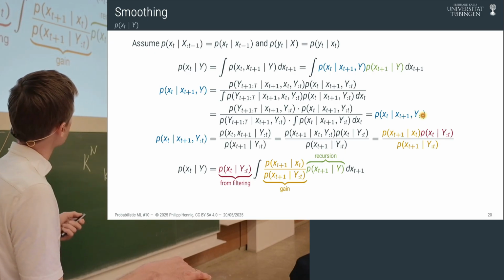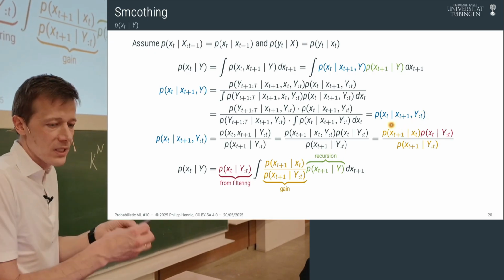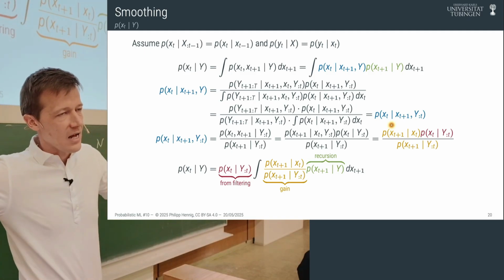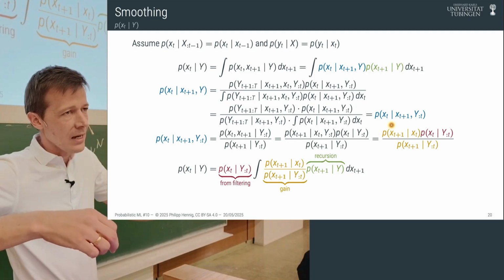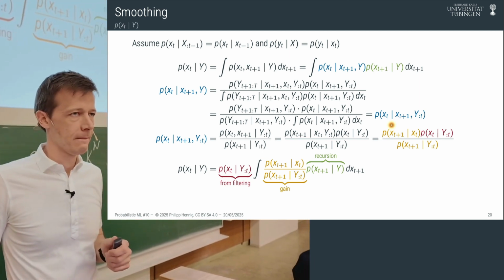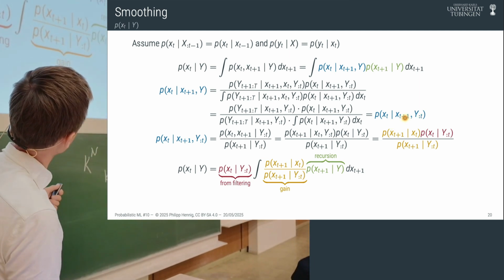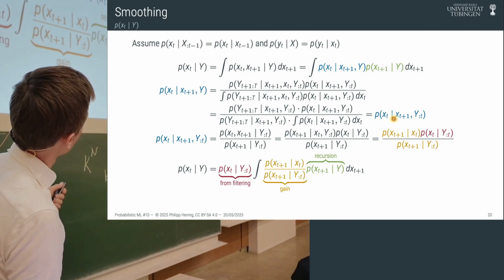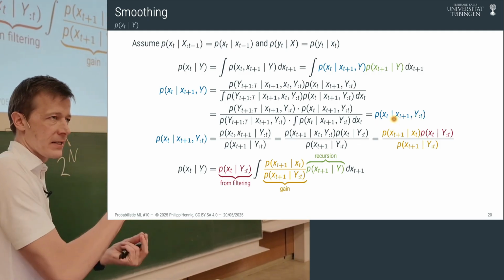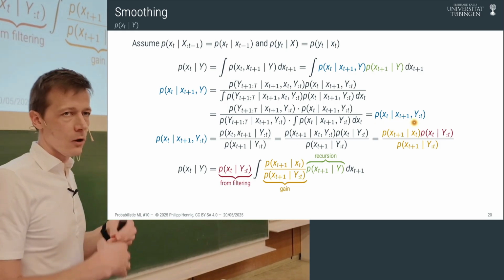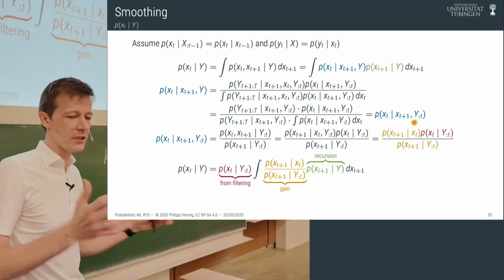So we've just realized that we can think about our predictive distribution at time t, given all the data and x_{t+1}, as depending on the previous data and x_{t+1}. So this is a separation into two sources of information. The future as represented by this finite object at time t plus 1, and the past, all the past data, but for that we already know how to deal with it.